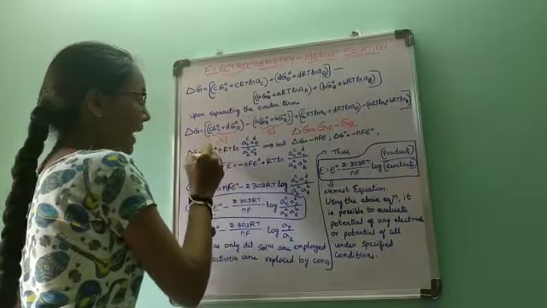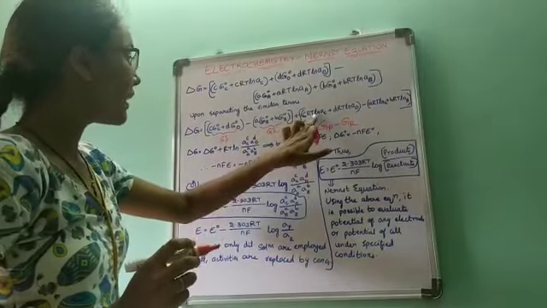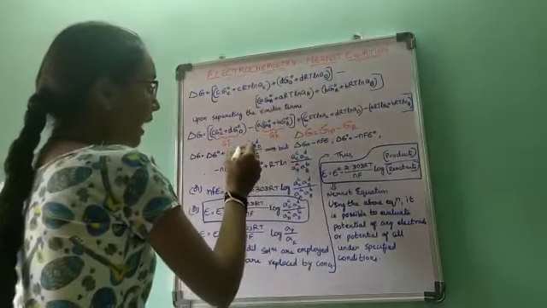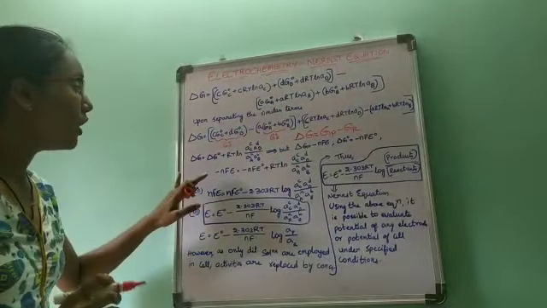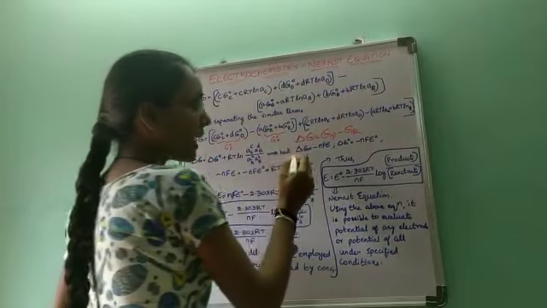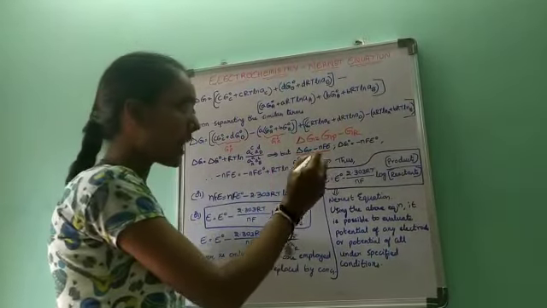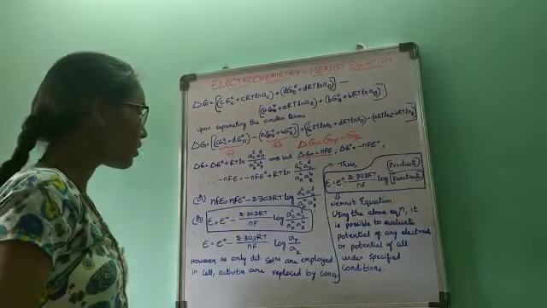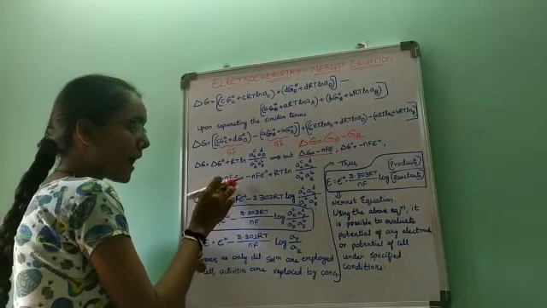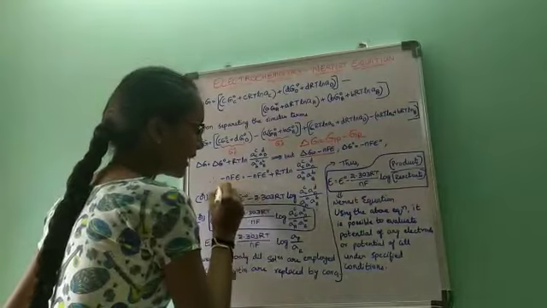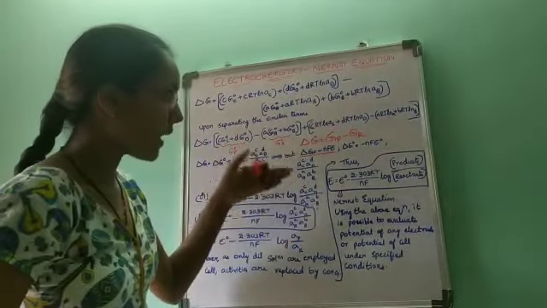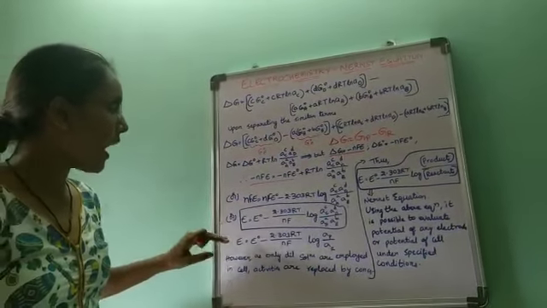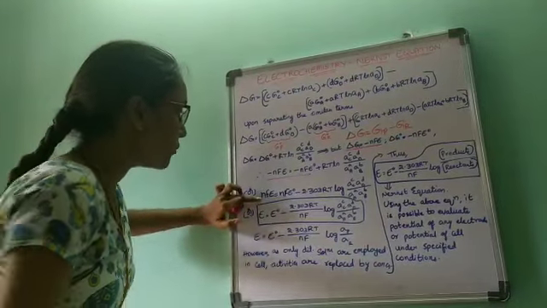This whole thing can be written as delta G naught plus RT ln, taken as common, of products by reactants. But we already know that delta G equals minus nFE, and under standard conditions delta G naught equals minus nFE naught. So, this equation can be written as minus nFE equals minus nFE naught plus RT ln products by reactants, right? Finally, this can be cancelled,